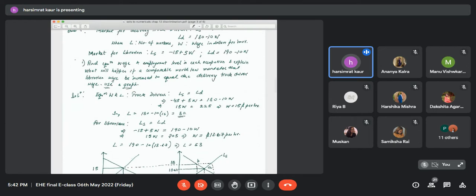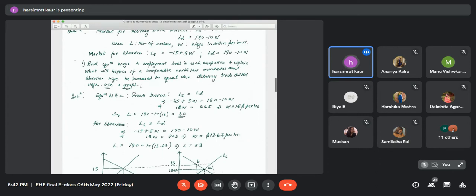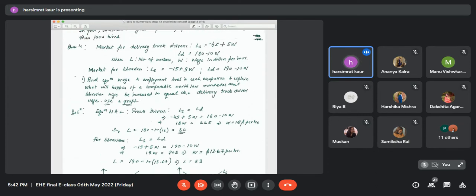They are asking us to find the equilibrium wage and employment in each occupation and explain what will happen if a comparable worth law mandates that a librarian's wage should be increased to equal the delivery truck driver's. So guys, if we apply the comparable worth law, meaning I should increase the wage of a particular sector, what would happen? What would be the implication, guys? Even if there is no demand, what would happen to that sector if I increase the wage deliberately,